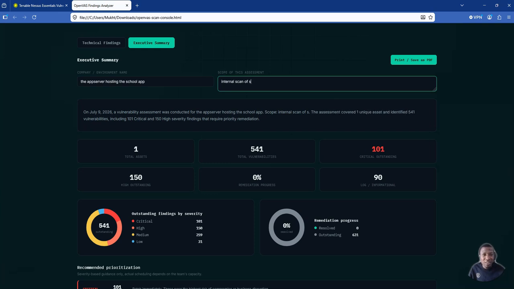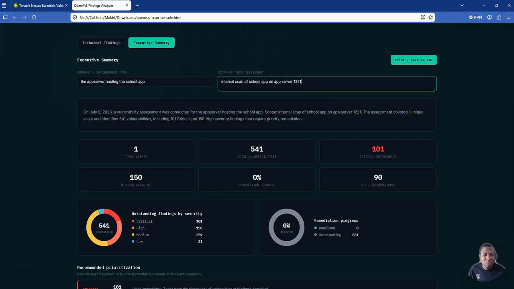Let's assume that this application server is hosting a custom application that your company built for a school system. All right, so the scope of this assessment was the internal scan of school application on app server